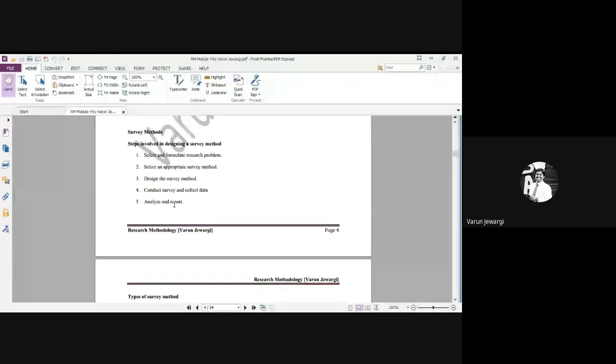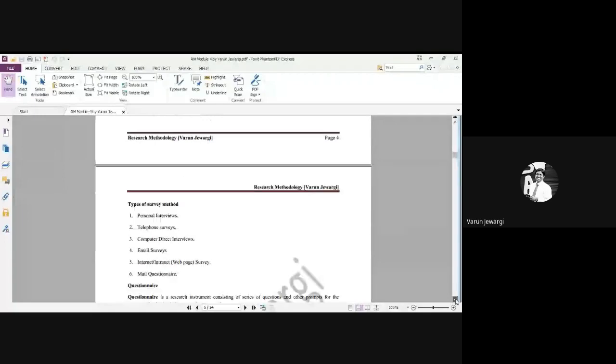When I say an appropriate method, if you check over here, what are the different survey methods? One is personal interviews, telephonic survey. Now, consider an appropriate method. Last month during COVID, if I'm a researcher and I go to each and every house and ask them questions, the people would not have opened the door because they would say there is COVID time, you can't enter my house. So I can't conduct a research.